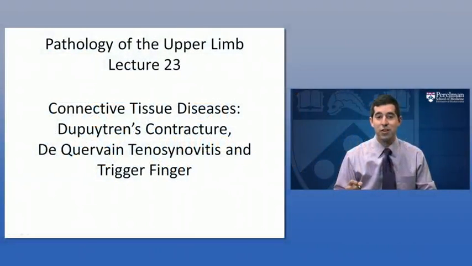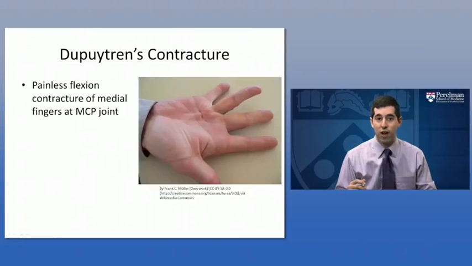Welcome back. We're here for lecture 23, where we're going to start focusing on some connective tissue diseases, in particular, Dupuytren's contracture, de Quervain tenosynovitis, and trigger finger. So to start with Dupuytren's contracture,